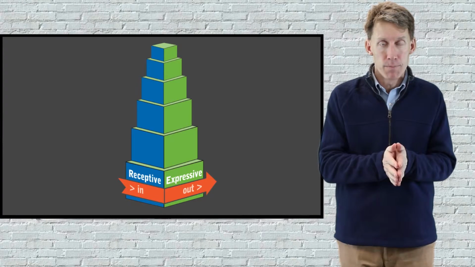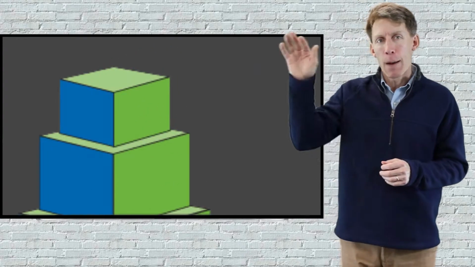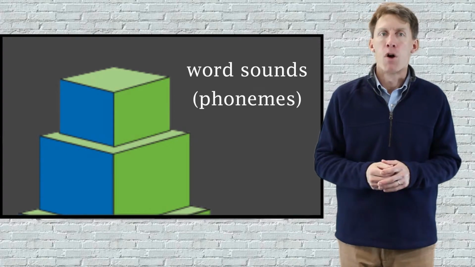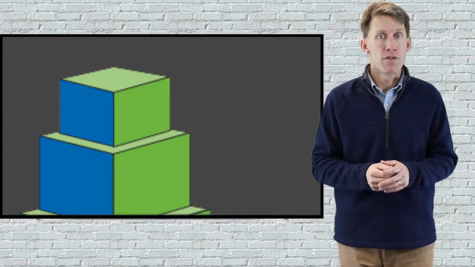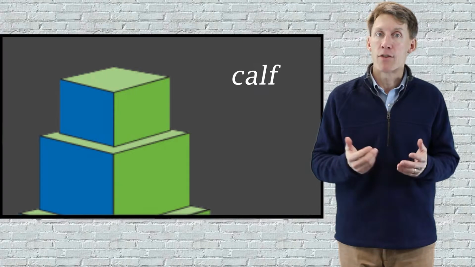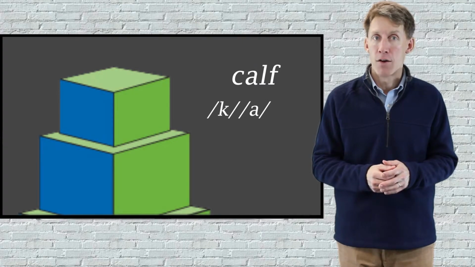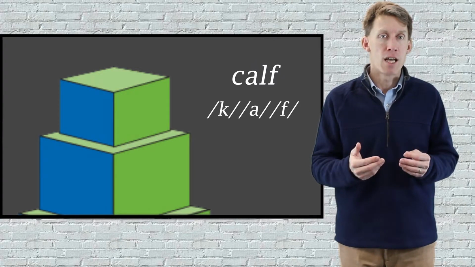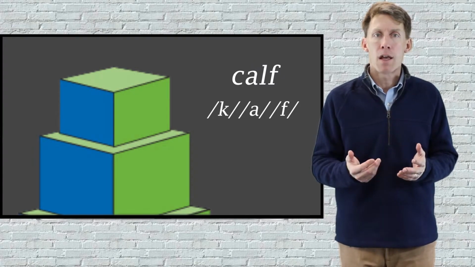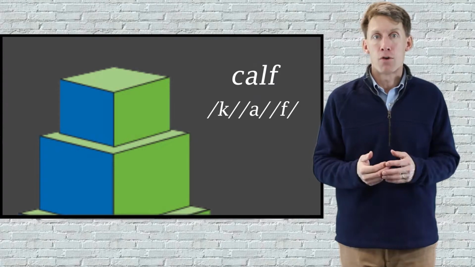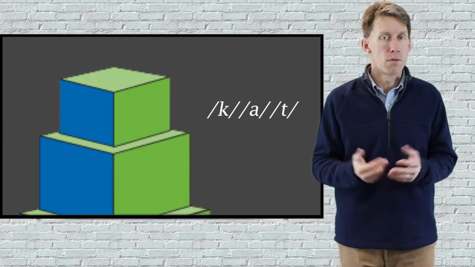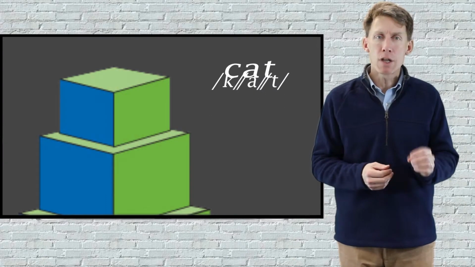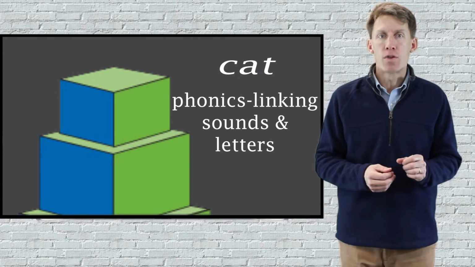an expressive side. The smallest box at the top of the pyramid represents word sounds, also called phonemes. All words contain one or more sounds. For example, calf has 3 sounds, k, a, f. Phonological processing is the capacity to differentiate and manipulate word sounds, like substituting the f sound with t to create another word, cat. This kind of segmenting and reblending is really important for learning phonics, which is the linking of